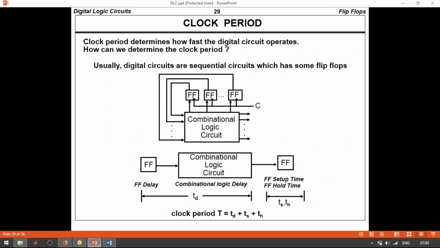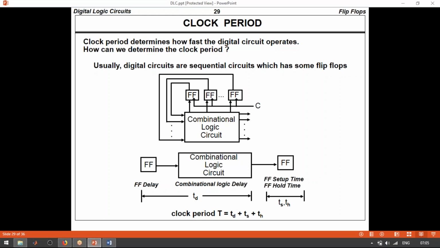So next one is clock period. For any digital circuit we must know the clock period, because we are going to design a sequential circuit. If we want to perform the timing analysis we must know the operation of a clock,